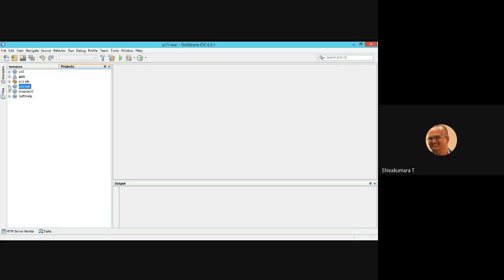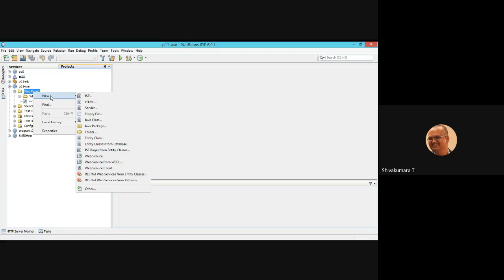Now let us design the calculator to find the calculated value. So design the calculator first. Go to the web P11 war, expand web pages, right click web pages, new, create an HTML form, or if needed you can go with JSP also.